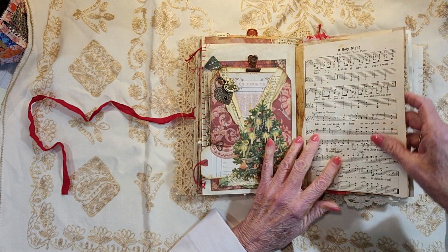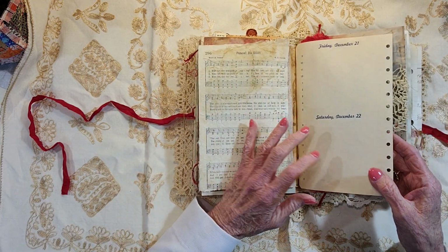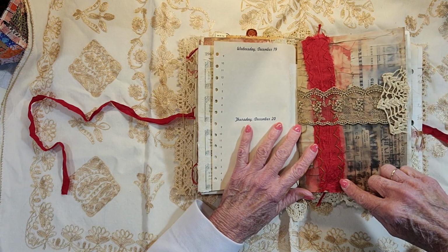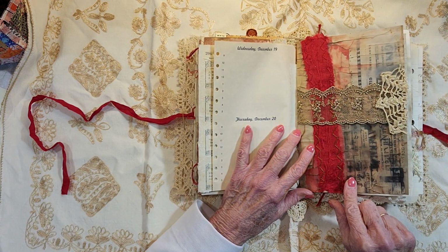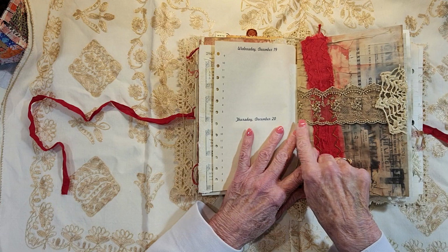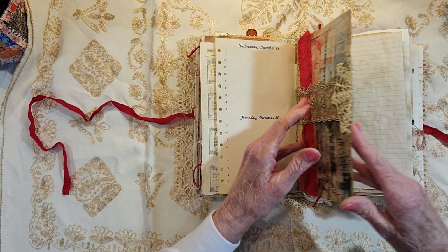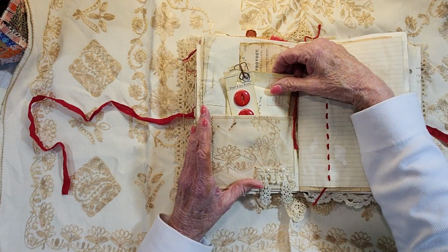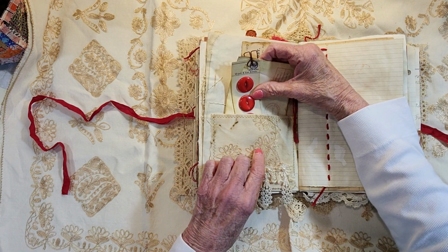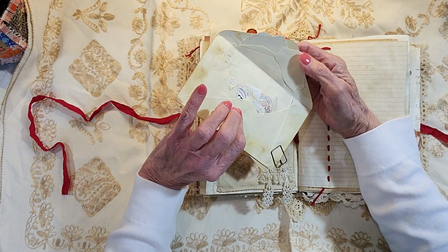This is from a vintage music book, vintage date book. And then here again, under this was a piece of printed ribbon, and I just took the ribbon and put it on here, and lace over here, and some doily over there that I sewed on. Then on this side here, I put a fabric pocket, and then I have a little letter and some postage stamps in here